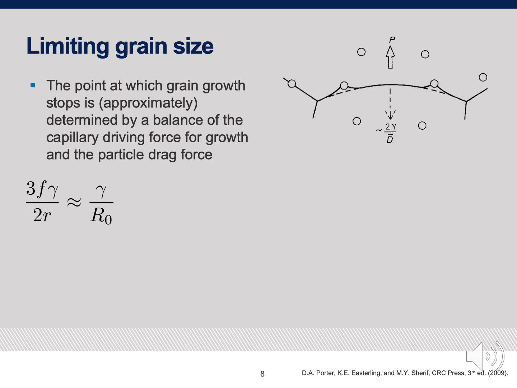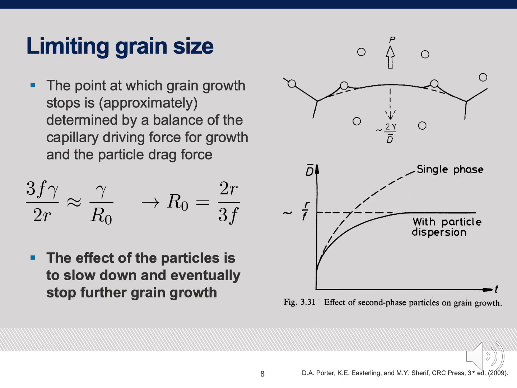P here is the exact same Zener-Smith term I introduced on the previous slide. This here is the influence of capillarity. 1 over r is curvature, essentially, and the gamma here is the interfacial free energy. And so you can rearrange this equation, and you can solve for a limiting grain size. So at this particular grain size, the 2 forces are equal and opposite, and grain growth will stagnate. Grain growth will stop because the pinning force exactly balances the driving force from capillarity.